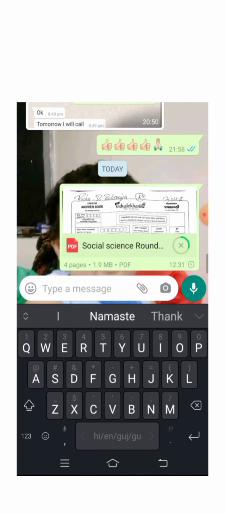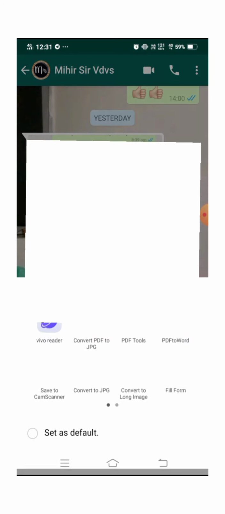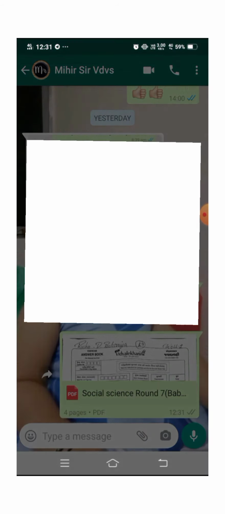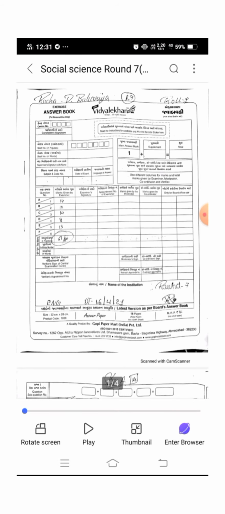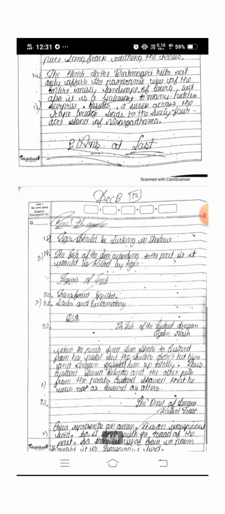So you can find out how it appears, right? It appears like this: social science round 7. Okay, so when the teacher opens this, it will appear to the teacher like this. You can find it is very easy and convenient for the teacher to read the pages one by one.